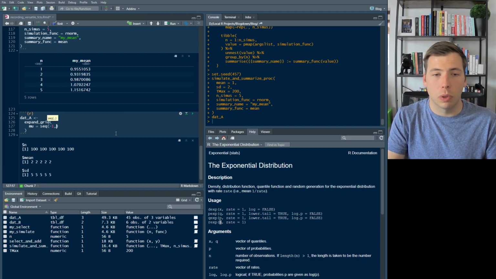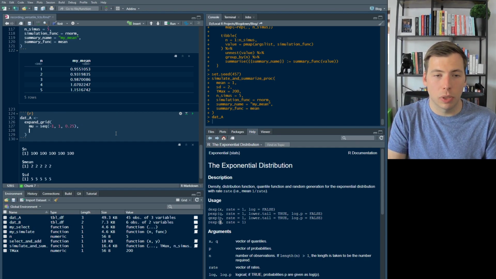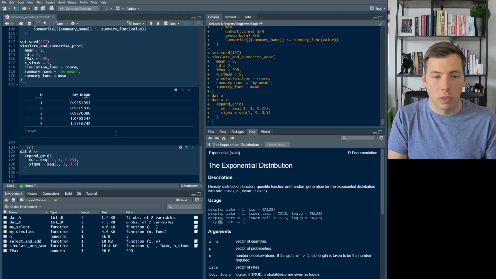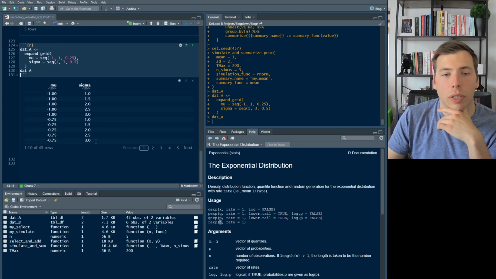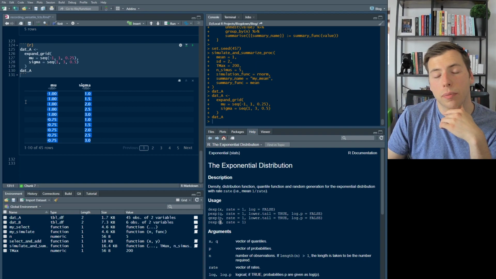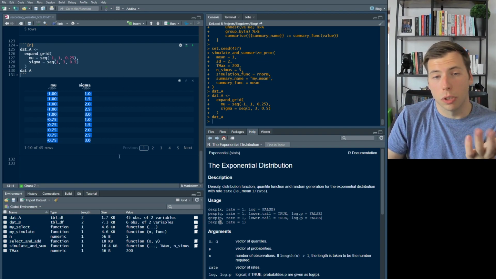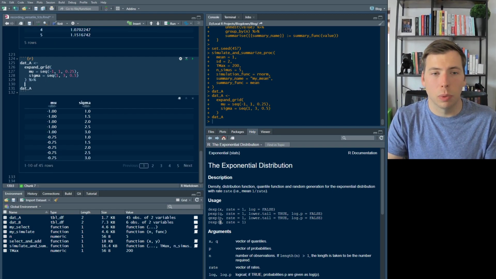So in this case, we want to have mu range from -1 to 1 by 0.25 steps, and we want to have sigma ranging from 1 to 3 by 0.5 steps. So that A will now look as we've seen before. Of course, the that column is missing, and this part we simply add